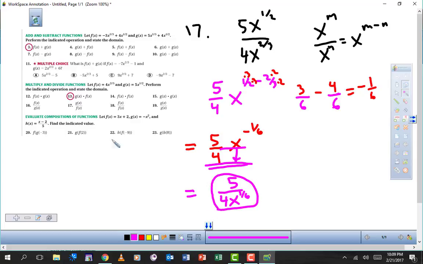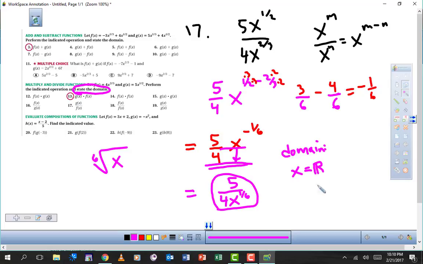We have that one. Now be careful. Make sure you state the domain. If you're not doing the domain on these, you're going to lose about half credit. So since this is the 1/6 power, it's the same thing as a sixth root of x. And so again, we cannot allow these numbers to be negative. And so normally what we'd say is the domain for this one, we're going to say x is equal to all real numbers